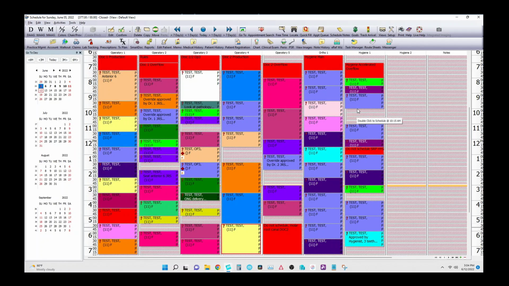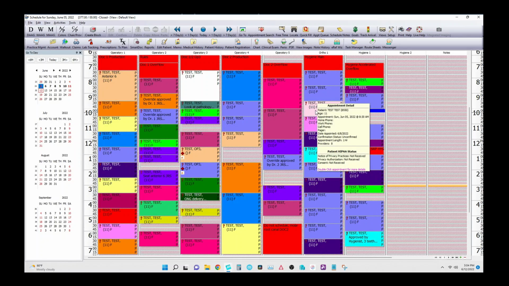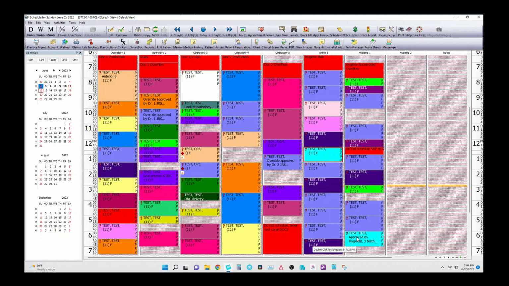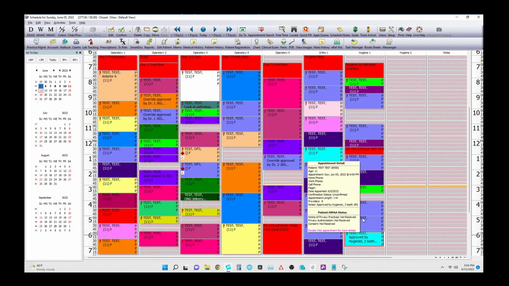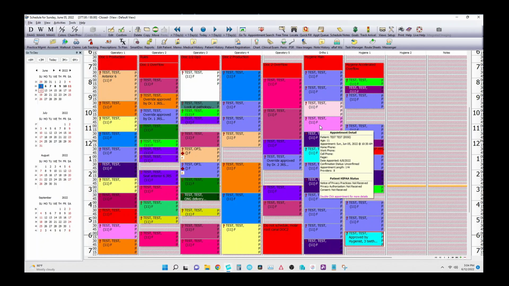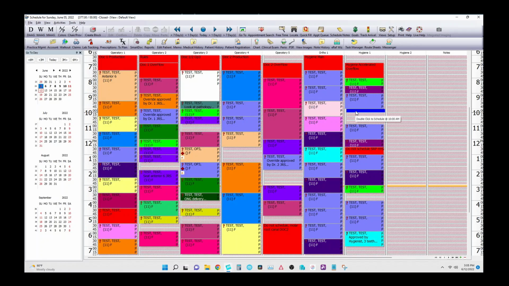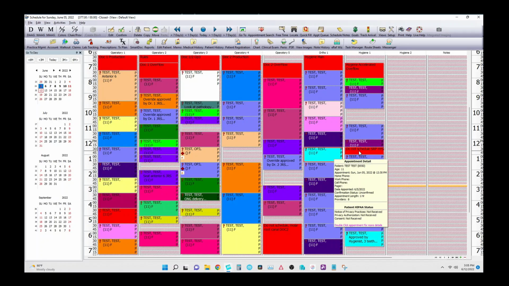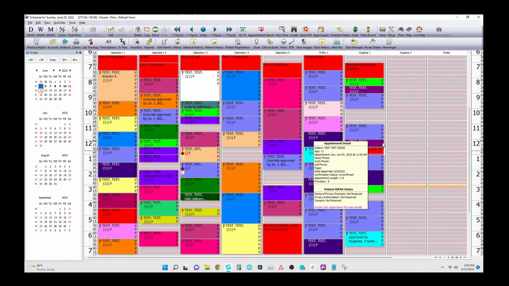Now you can see here, the nice thing about hygiene is Operatory 1 is a lot of their bigger procedures, these new patients, SRPs, whatnot. They can have some of these over here on OP2, some of these bigger procedures. But usually, if you're having an SRP or a new patient on this OP2, you want to check in with a hygienist to make sure that that's okay. Usually it's going to be okay. And then again, the hygienist might have some issues with running 2 operatories. Maybe they can't do an SRP at the same time, or maybe this is a very tough SRP. So they might put in these little blocks to block off their schedule, okay,